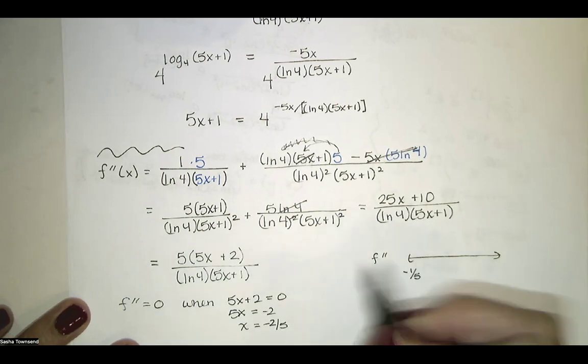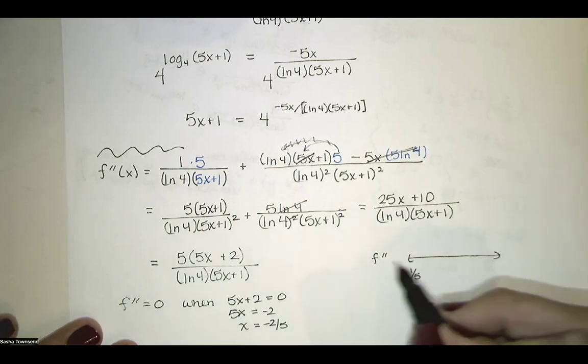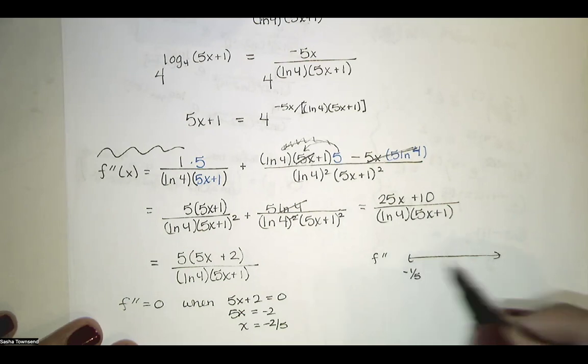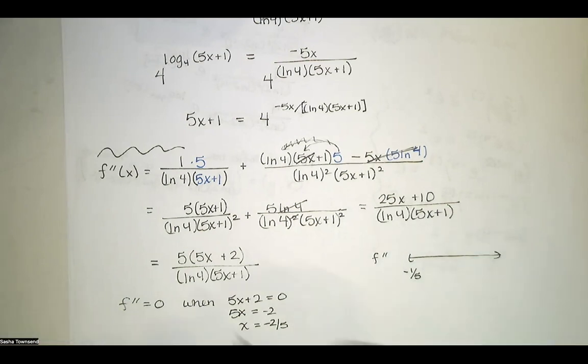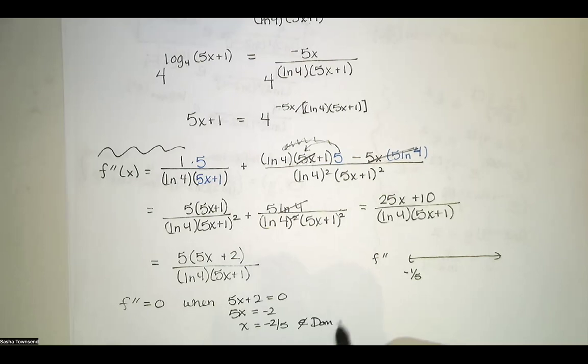Well, that's actually to the left of this. X equals negative 2/5 is not even in the domain of the original function. Not in the domain of f. So it looks like our function has no points of inflection. So say, okay,